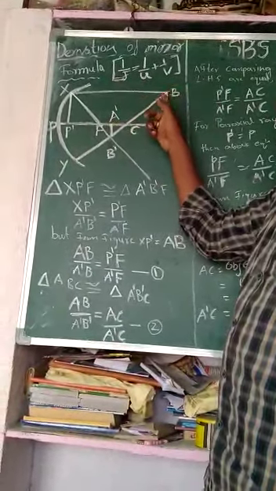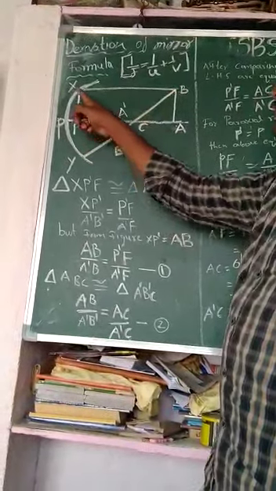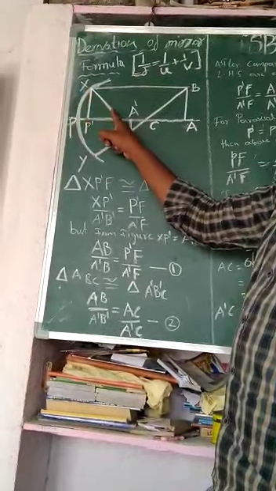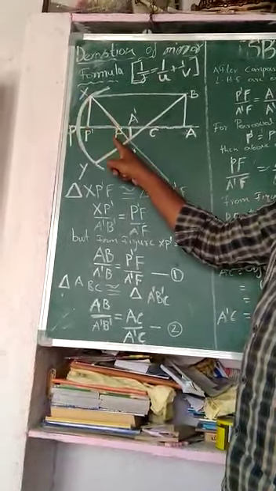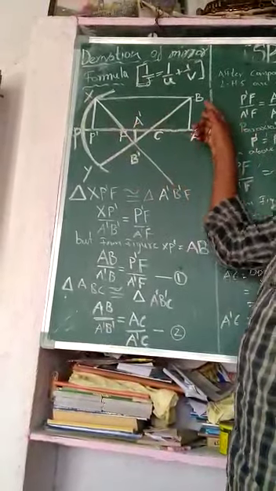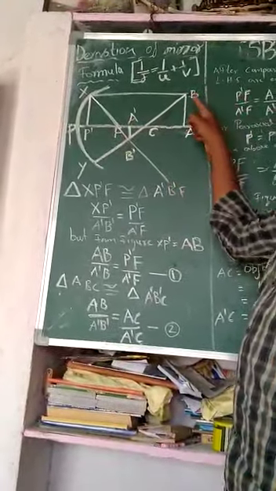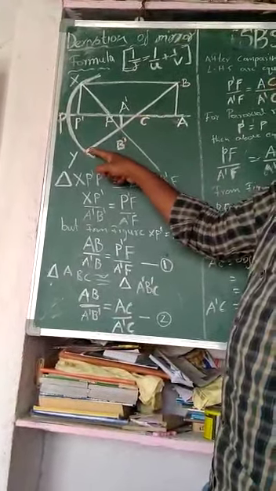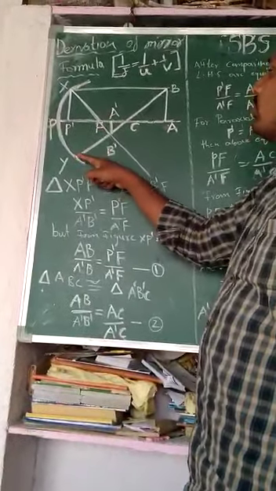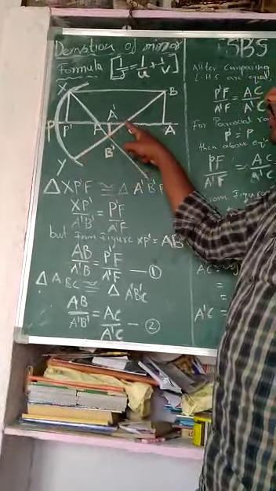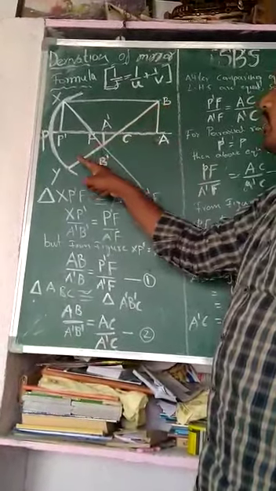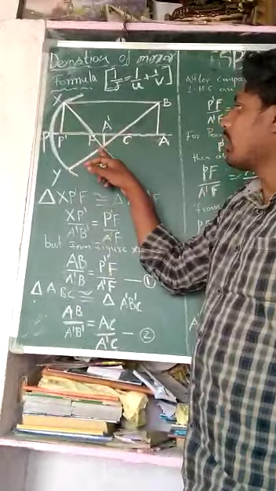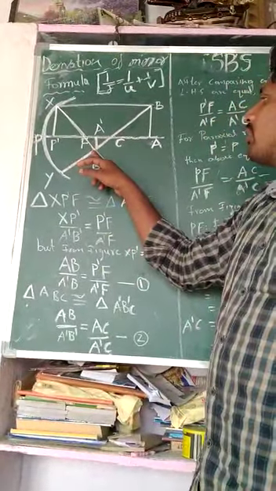We already know that R1 moves parallel to the principal axis, strikes the concave mirror at point X, gets reflected, and the reflected ray passes through the focus F. The other ray, R3, we already know is the ray which passes through the center of curvature and gets reflected along the same path. It means it never gets deviated, it is undeviated. So both rays intersect here, and the image is formed here.